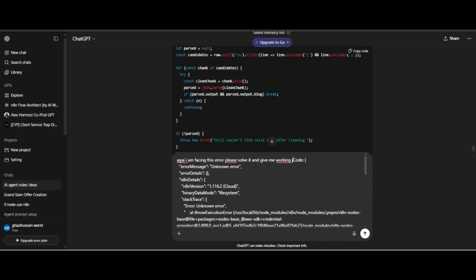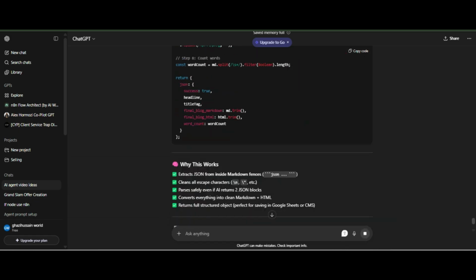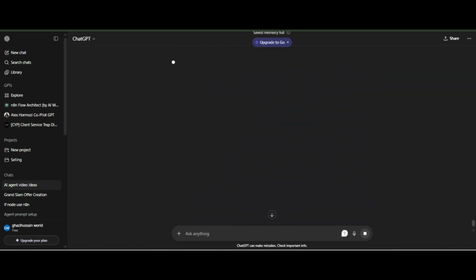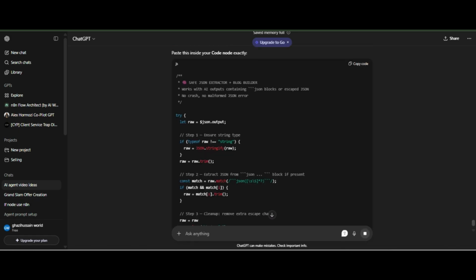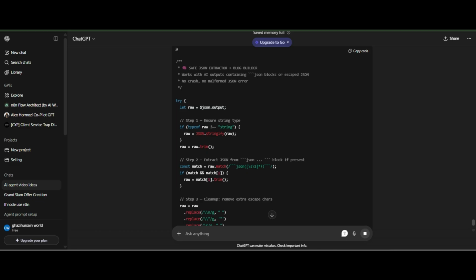Because I usually use ChatGPT, but you can use any other LLM, Claude or whichever you want. So now it will give us working code.